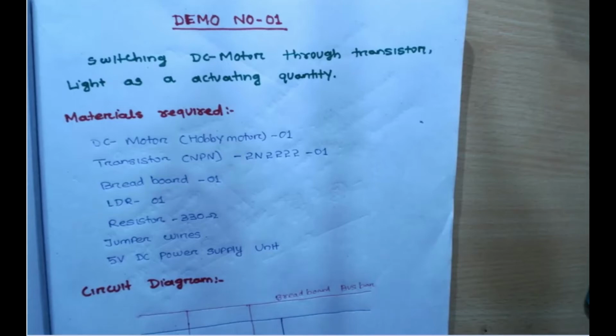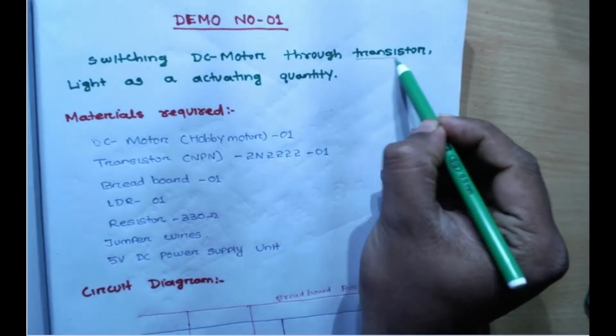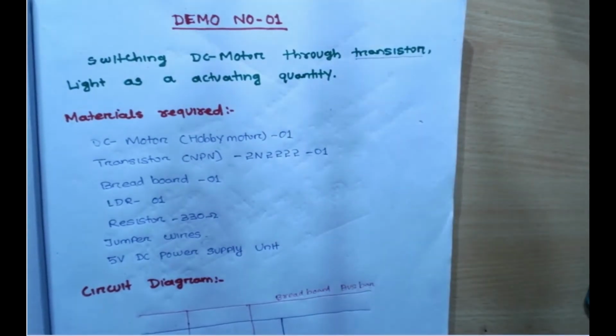I have already discussed the fan at your home. Now in this practical, we are using a DC motor. The fan at our home is an AC motor. We control its speed with a regulator and a switch. But here, we will control the switching action with the help of a transistor. It means the transistor will act as a switch over here, whereas at our home we use our fingertips.